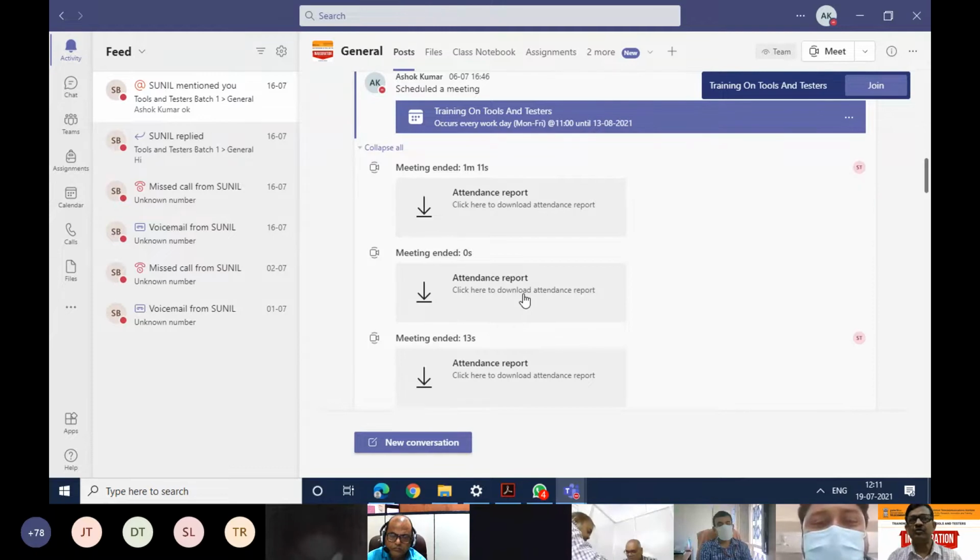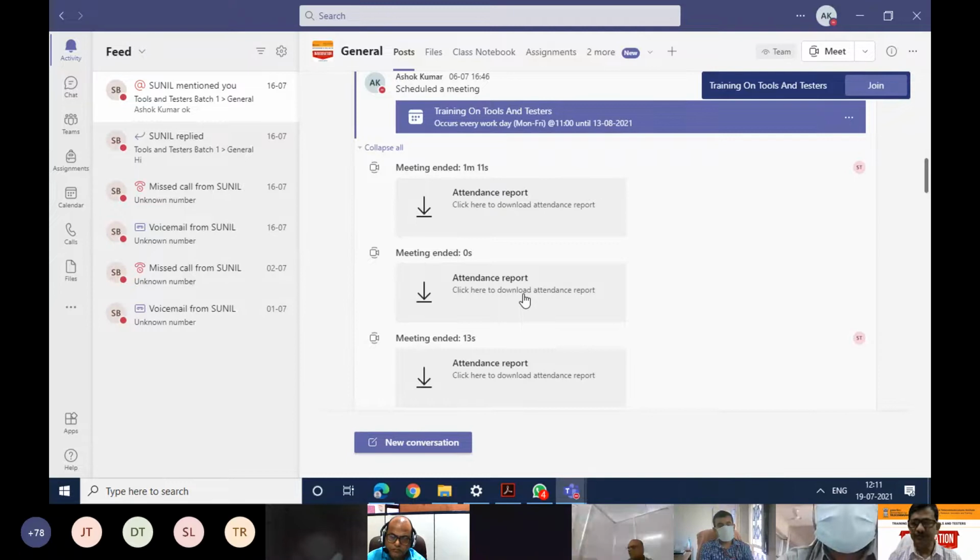If you are not able to attend the threshold level of training, then perhaps the certificate of completion may not be available to you. So I request that please do join the meeting as far as possible. For some time, if you are not able to join, it is okay, because about 70% attendance would be compulsory. So we will evaluate based on that. So only on 30% of occasions can you choose not to join the session.